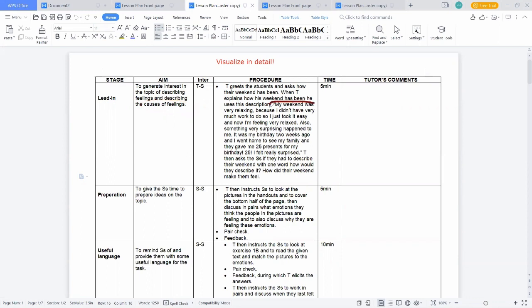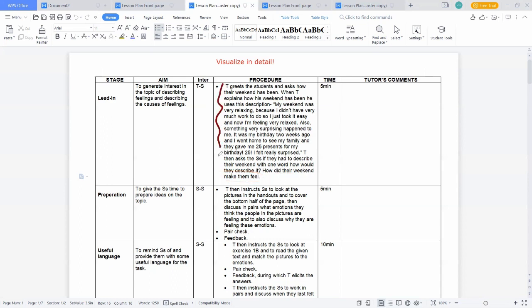Okay, and then I spoke about my weekend using the target language. I also planned exactly what I was going to say to my students so that I could give them an example of the target language without them realizing it. And then I asked them, if they had to describe their weekend, how would they describe it? Because I wanted adjectives describing things, and also how it made them feel.